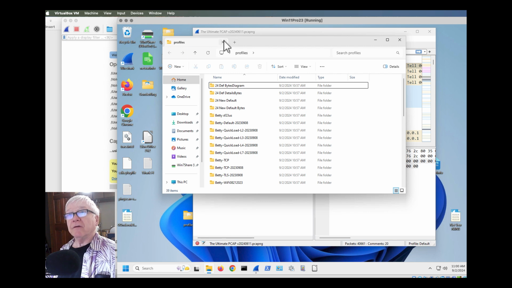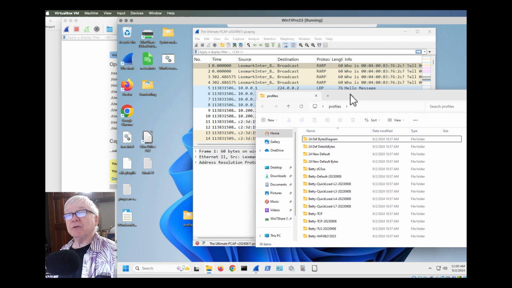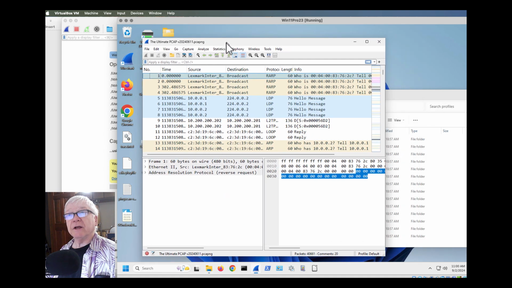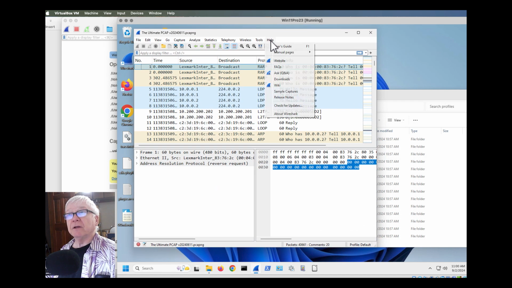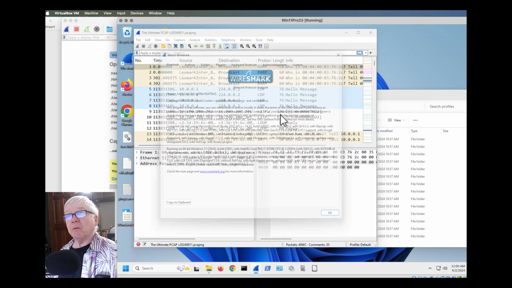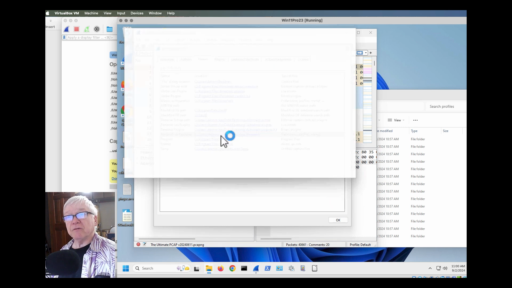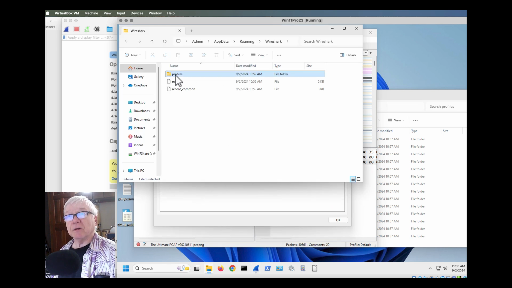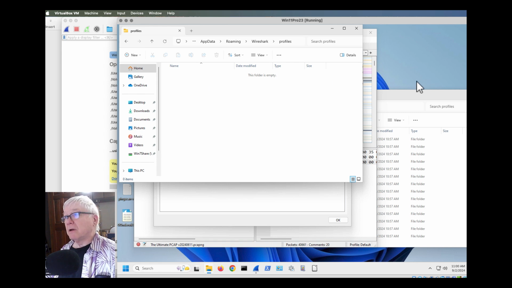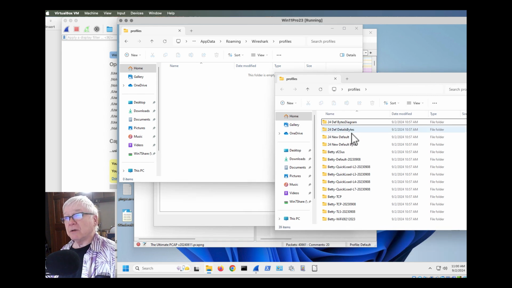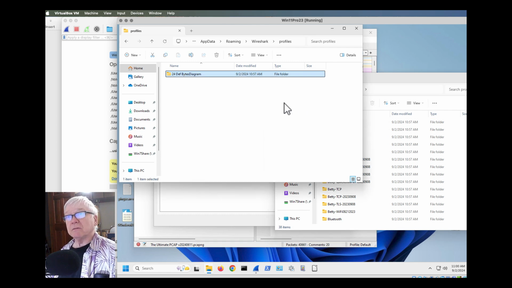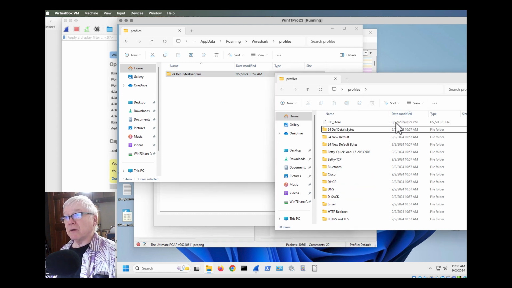And so the way of adding profiles is really simply just dragging them into that folder that contains your personal configuration. So if I go to About Wireshark, click on Folders, double click Open My Personal Configuration, and then double click Open My Profiles, all I need to do is drag a profile into this folder, and it is there.